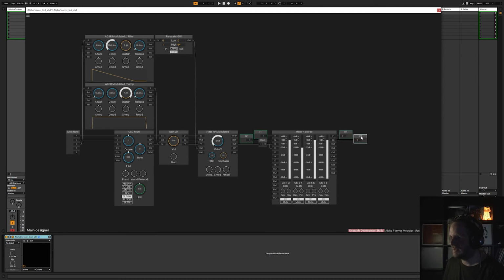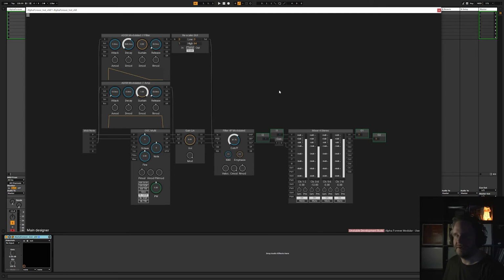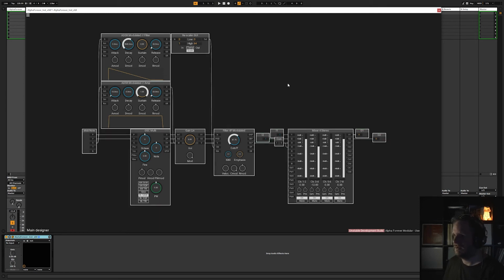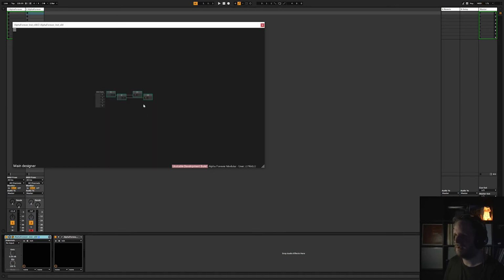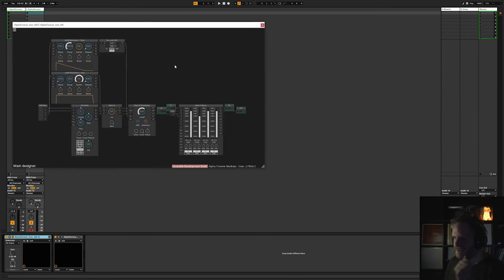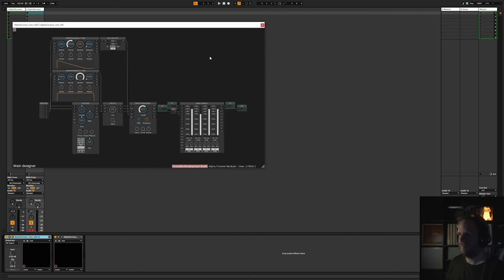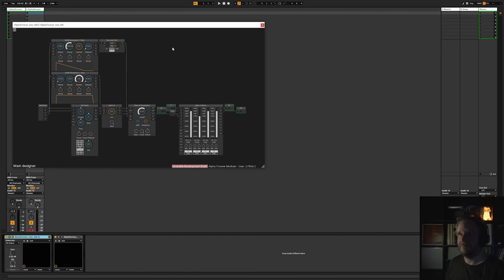The only thing we have to make sure is that this thing works on the starting screen. So I create a new track where I have an Alpha Forever instrument initialized, and let me see if this fits. And yes. So yeah, I think this could be a good init patch,